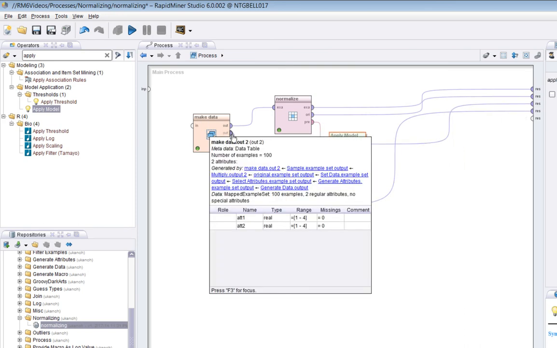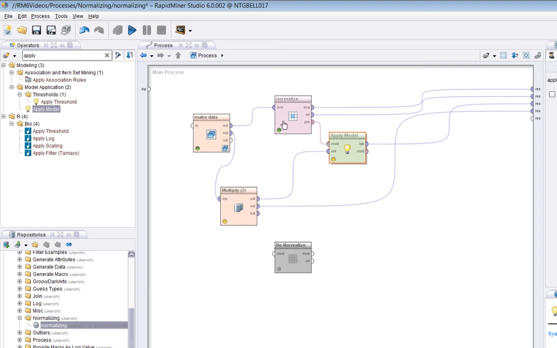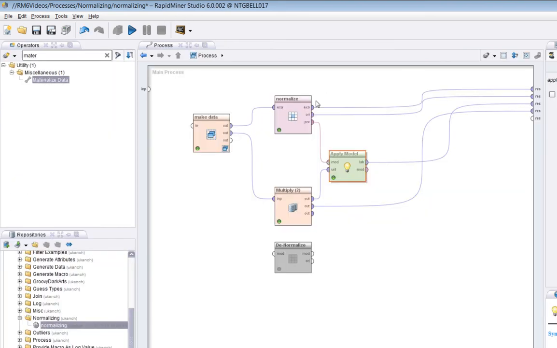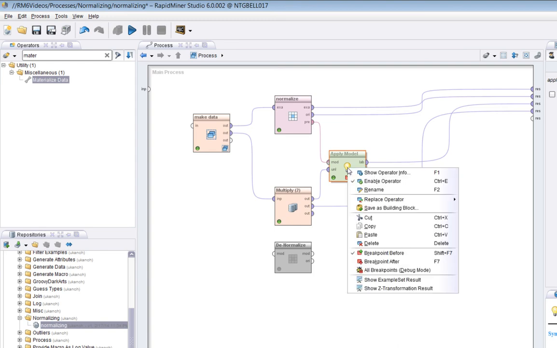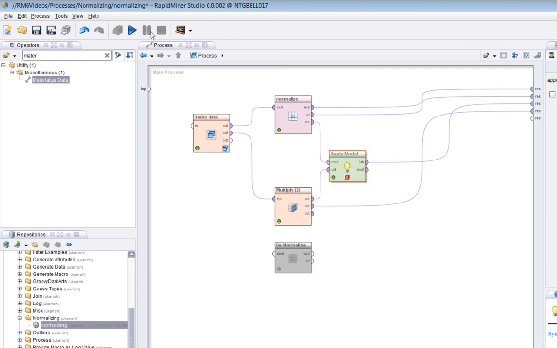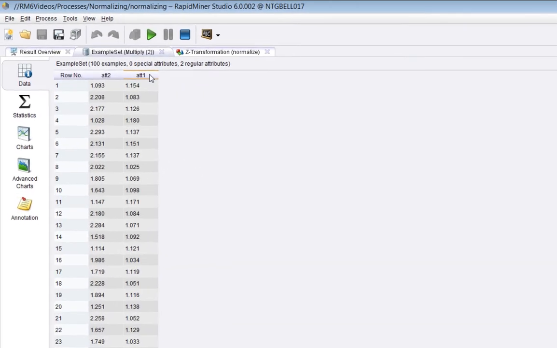It's 100 examples, and I'm applying the same normalizing operation to those 100 examples as were applied to these 1000 examples here, and the output will appear here, and we can compare it with the original. Okay, so I'll run this again. I'll set a breakpoint, and I'll do one after just to keep it simple. So I've run this now. We'll see this is 100 examples